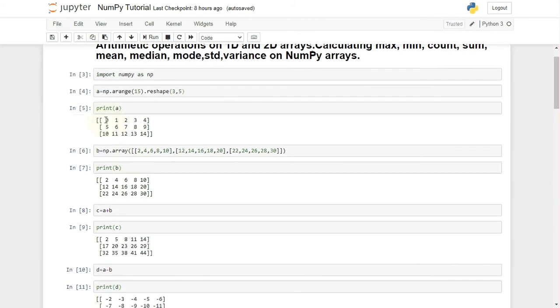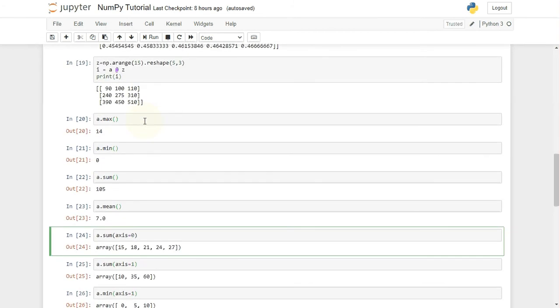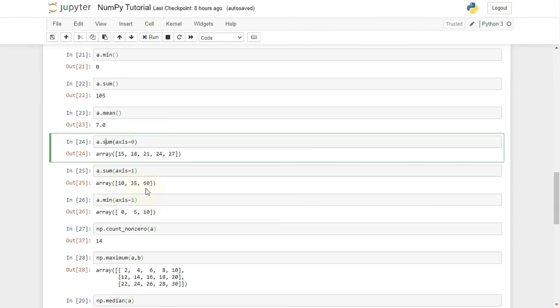now the sum with axis equal to 1 is columns. Now the sum will be performed for all the columns along row 1. All the columns would get summed: 1, 2, 3, 3, 3, 6, 4, 10. The answer would be 10, 35 and 60, as there are only 3 rows here.